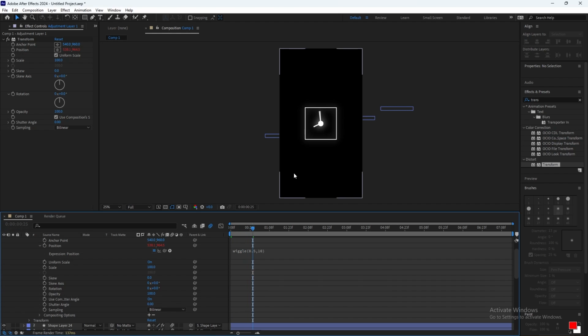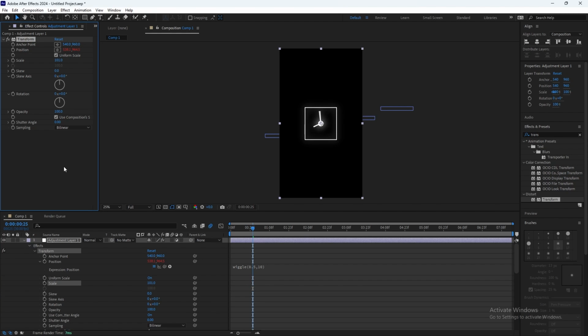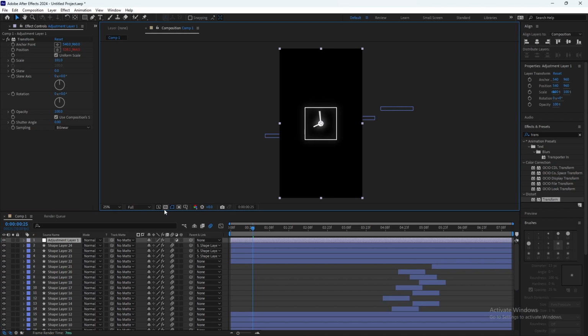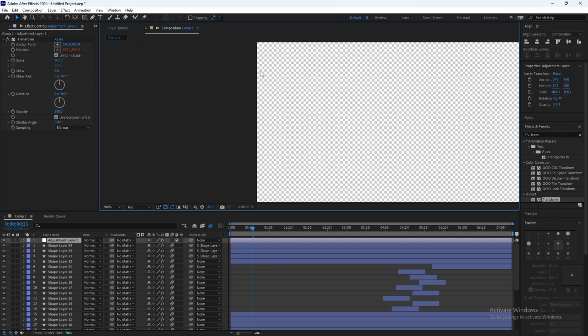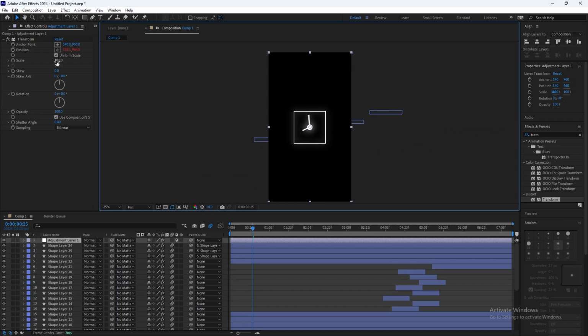Now it will do some movement, but we need to increase the scale to 101 so it will not show the background a little bit on the sides. So yeah, you need to increase the scale.